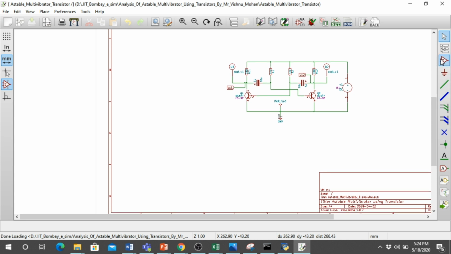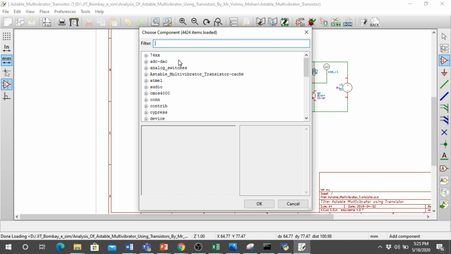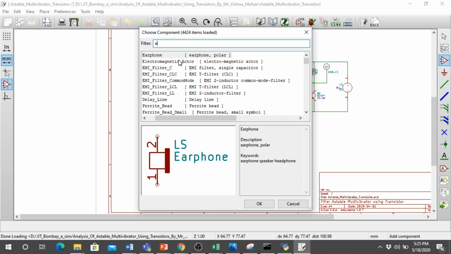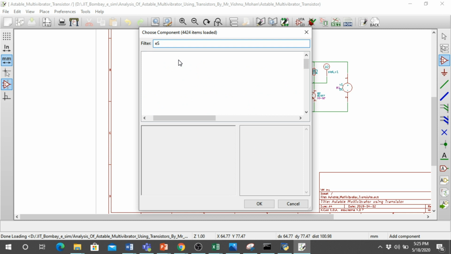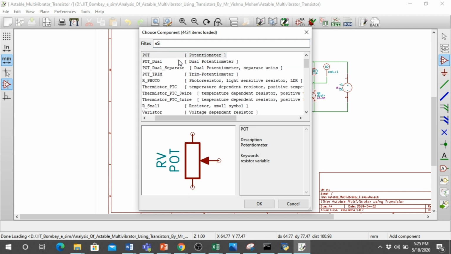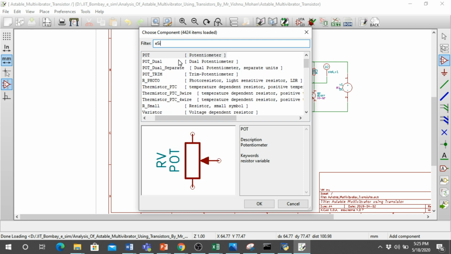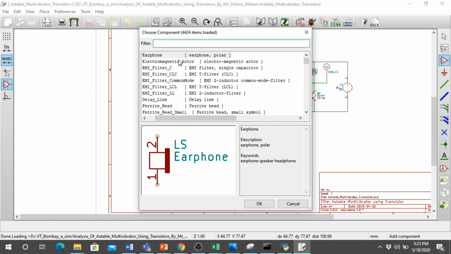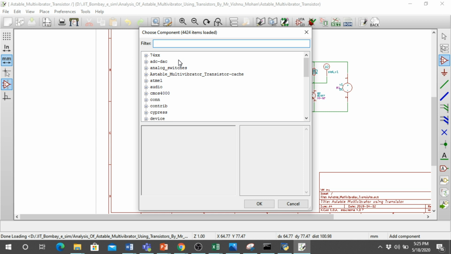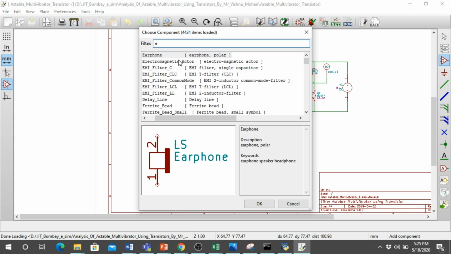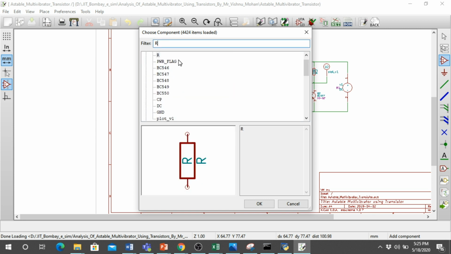If you would like to place any component, you can click place component here. As I said, you have to select eSIM, select your respective components, and then just give OK.